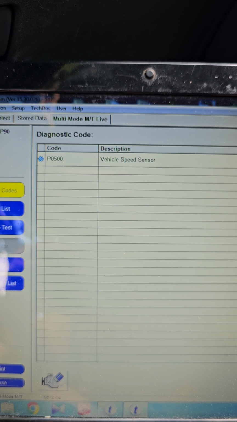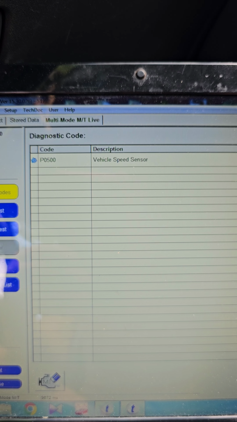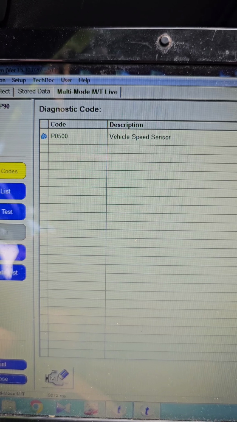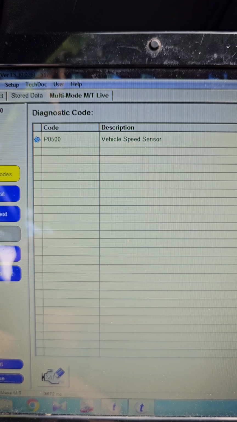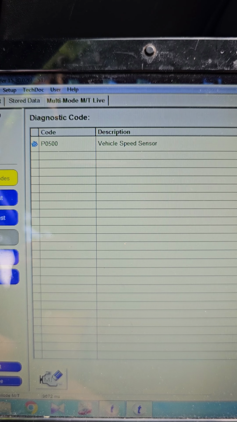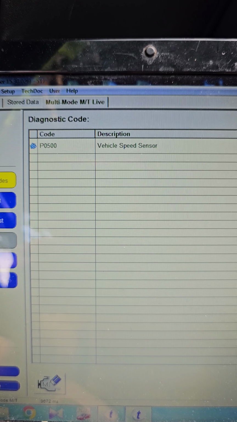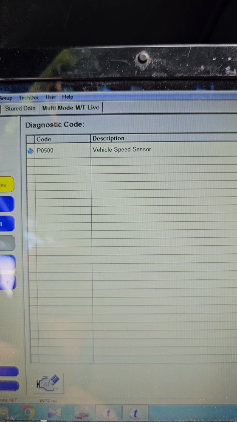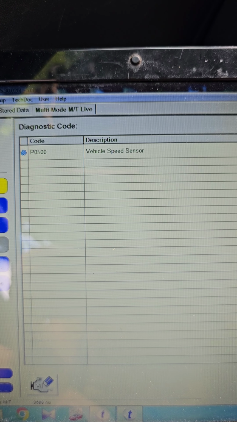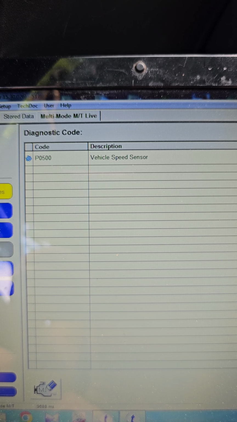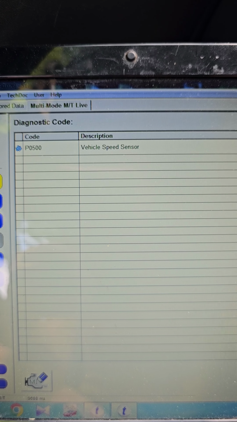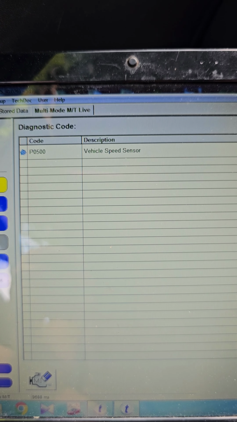You stop, turn off the ignition, turn it on and start again, and it drives again. What does it mean? How does it work in this model? In this model we have 4 ABS sensors, and the ABS sensor is the vehicle speed sensor. Only the 2 front ABS sensors work for the gearbox. So it takes the signal from the front